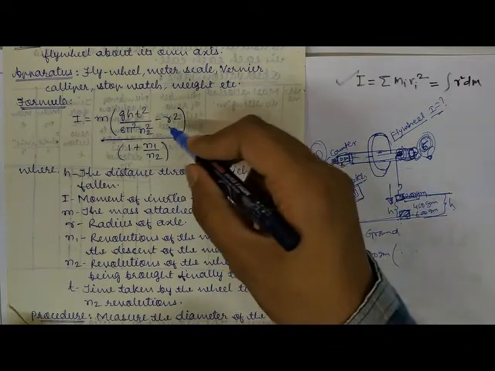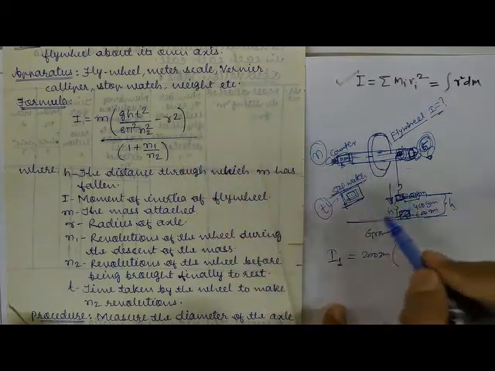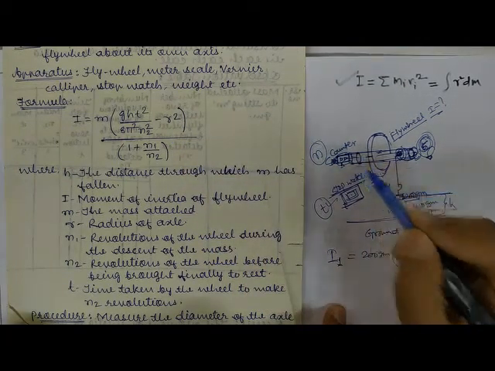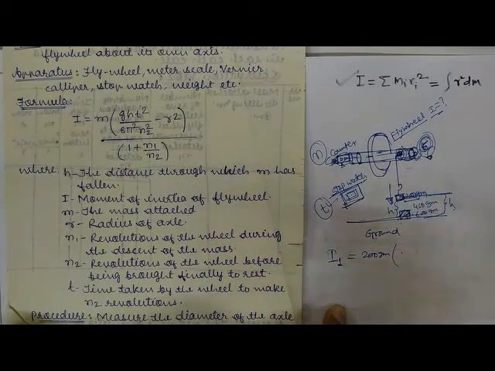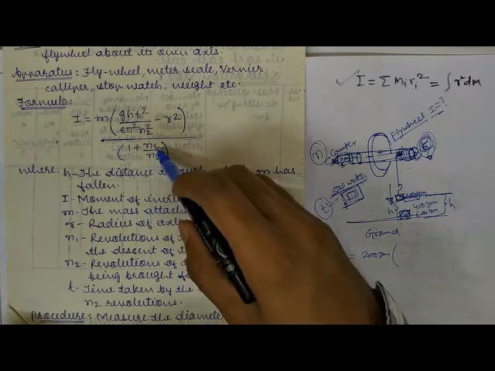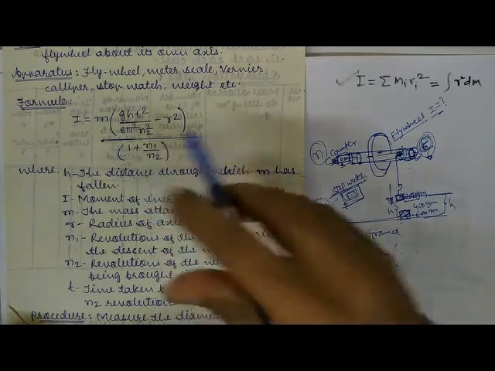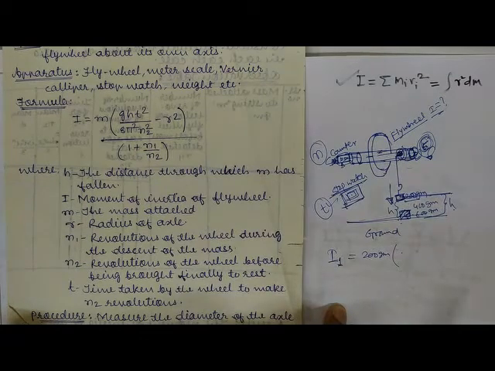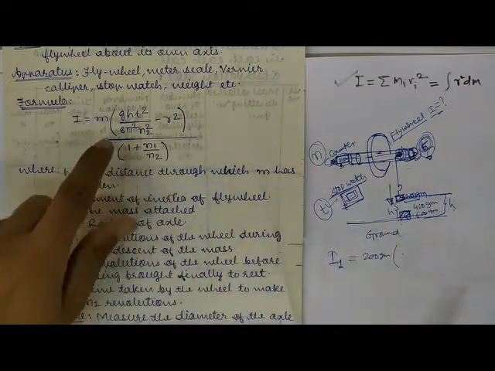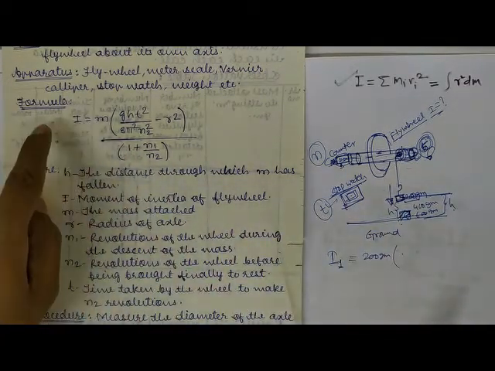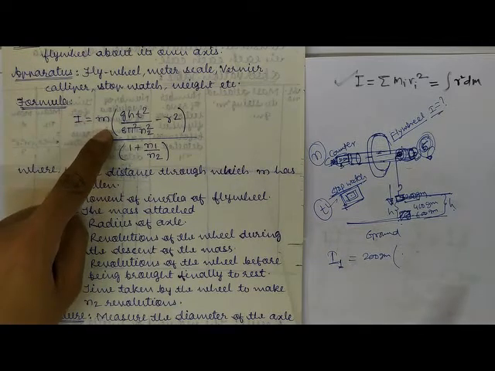Then T you just got from the observation table. R, as I said initially, is the radius of the axle of the flywheel. N2 again we got from the observation table, the number of revolutions after mass detach. We have taken 3 trials and we will take the mean, so there is no chance of getting it wrong. And N1 we know, the initial number of revolutions we have given, which is 5. You can give any number, for example. Once you fill all the values in this formula, we will get I corresponding to that mass.